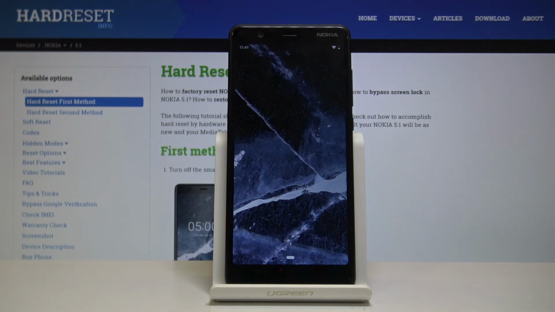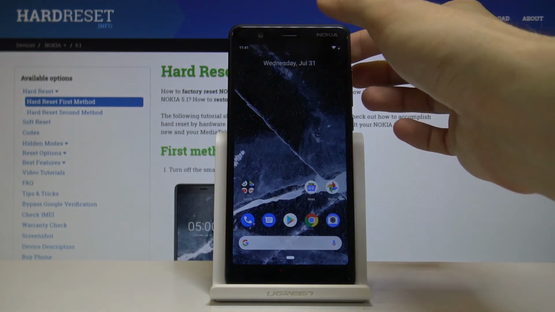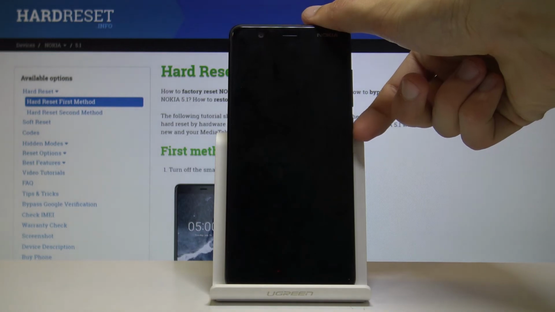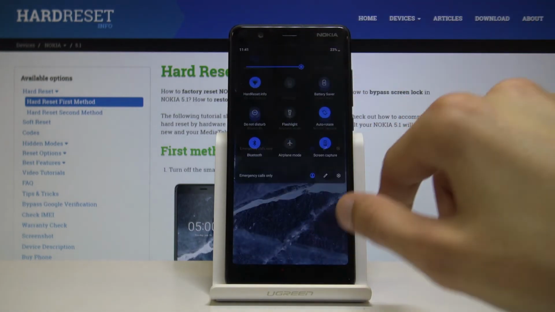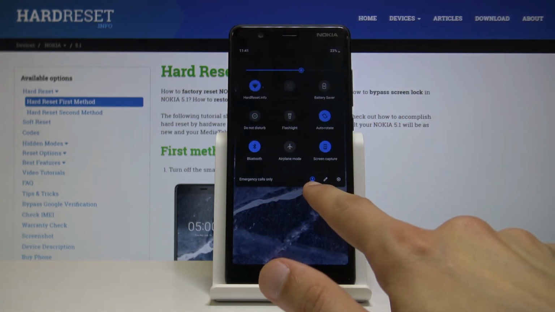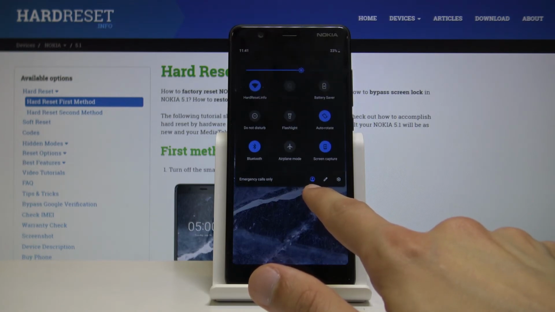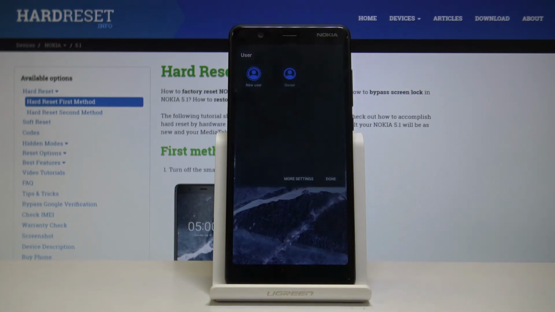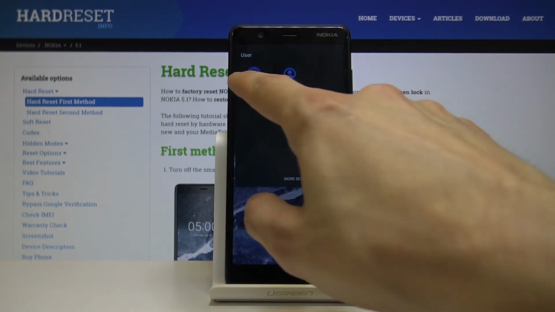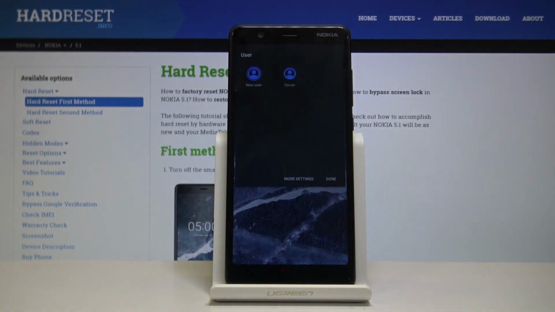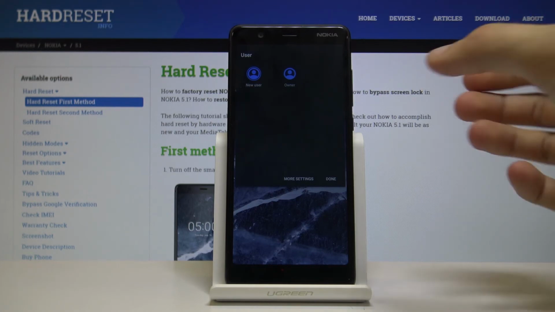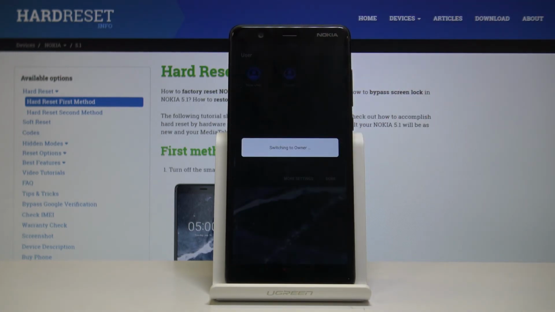So now we're basically on the other user, and if you lock the device, you can pull down the panel and you'll have now here this icon right here for like user, and if you tap on it, you will see a new user and owner. Owner is the one that we have been using previously, and the new user is basically the one that I just set up right now. And if you tap on the owner, it will start switching to it,